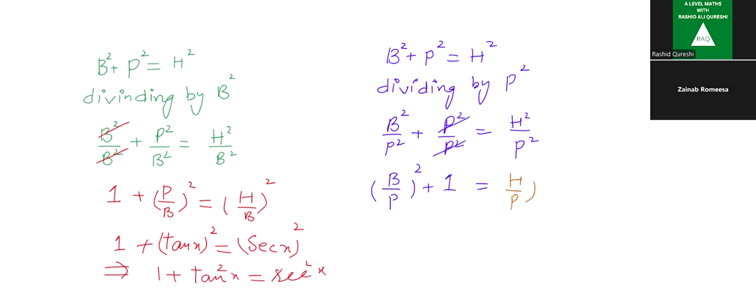Now b upon p becomes cot of x, plus 1 will remain as it is. Again, h upon p becomes cosecant of x whole square. As we know, the square of a trigonometric ratio is the square of the ratio. So cot square of x plus 1 is equal to the cosecant